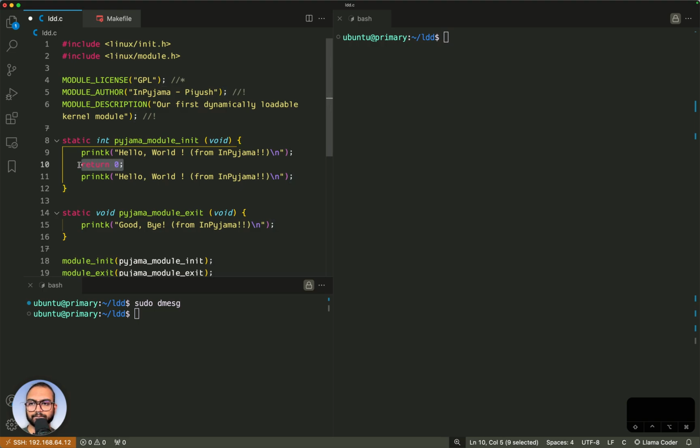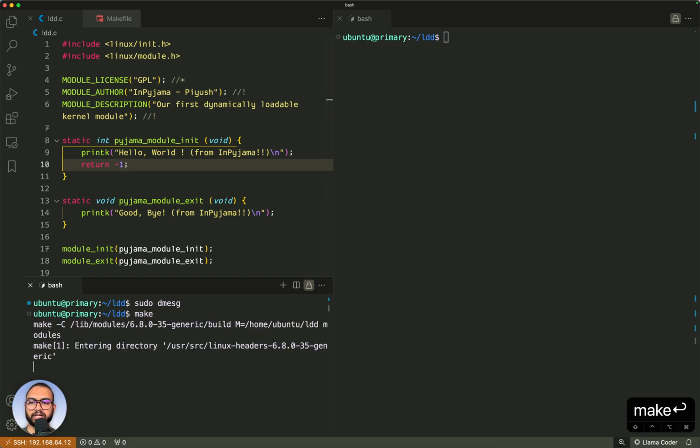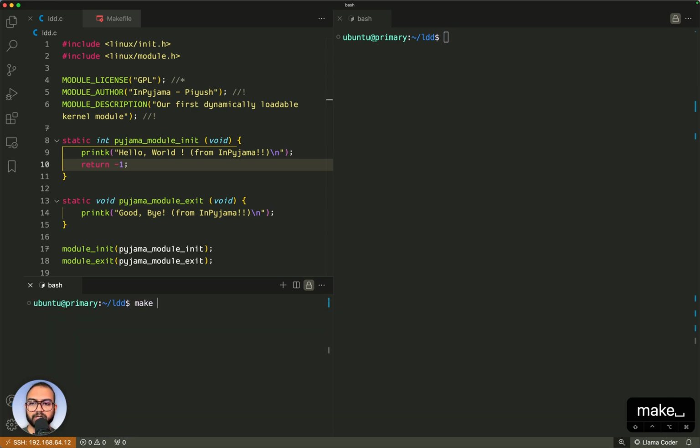Actually, let's not have this. That's all right. Let's do this. Let's have a -1 being returned here. Let's recompile our module. This is recompiled by typing the make command, and then we type, okay, not make clean, but we type sudo